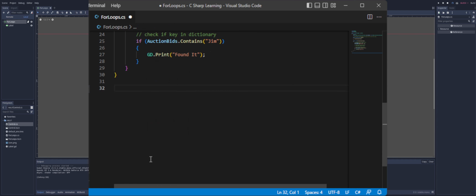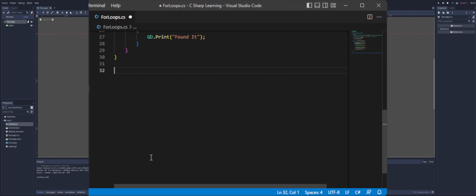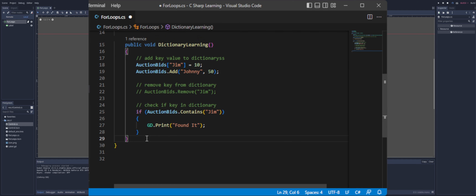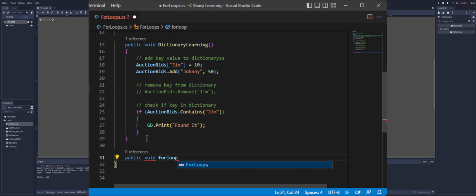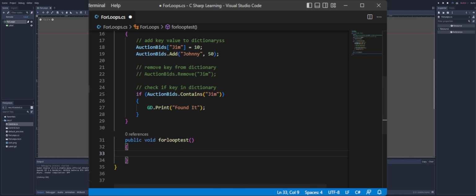Well, let's go ahead and jump into the for loops here. Whoops, that's one outside. We want to be on the inside still. So say public void for loop. We'll call it for loop test. There we go. Now, in order to do these for loops,